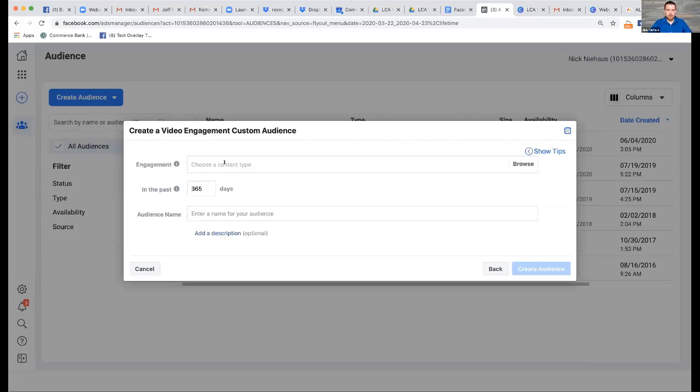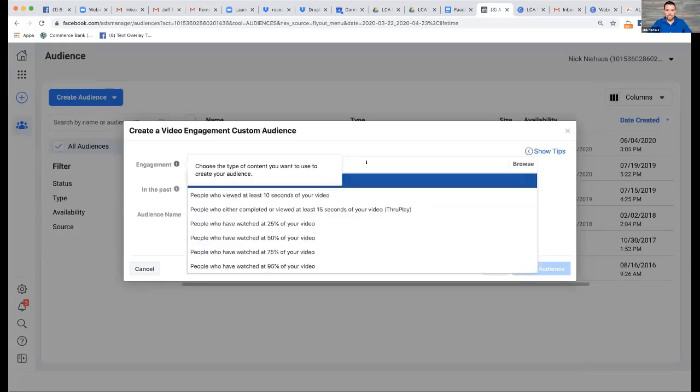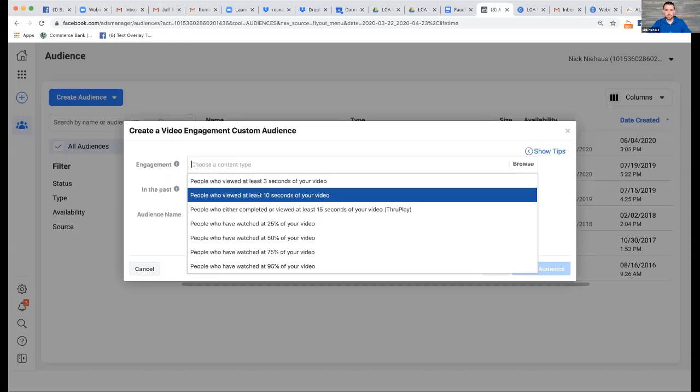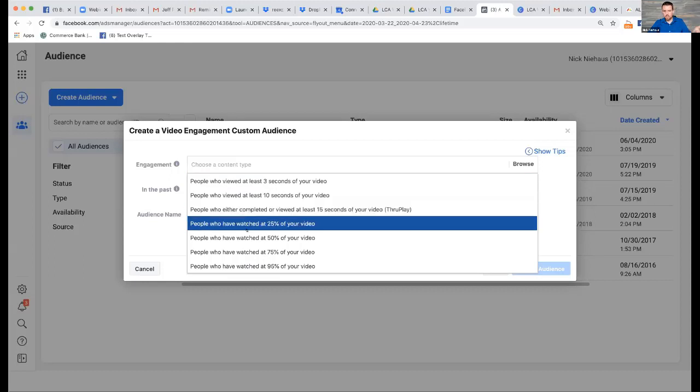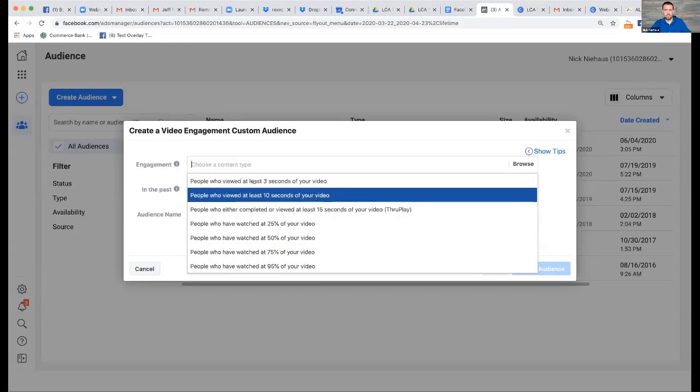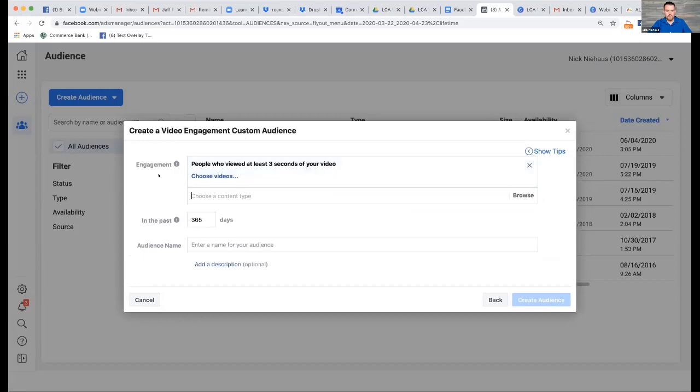All right. And now I'm going to click in this first box that says engagement, and I decide how much of that video I want the person to have watched, right? If I choose 3 seconds, that's any view. So if somebody watches at least 3 seconds of the video, that counts as a view in the view counter on Facebook, right? So I'm going to select that one because I just want to say anybody who watched even a little bit of this video saw it, gave it any amount of time, that's who I want to advertise to, right? But you do have other options. If you want to show it to people who watched 10 seconds, or I think we mentioned earlier, 50%, you have those options as well. So we're going to go with 3 seconds to keep it simple.